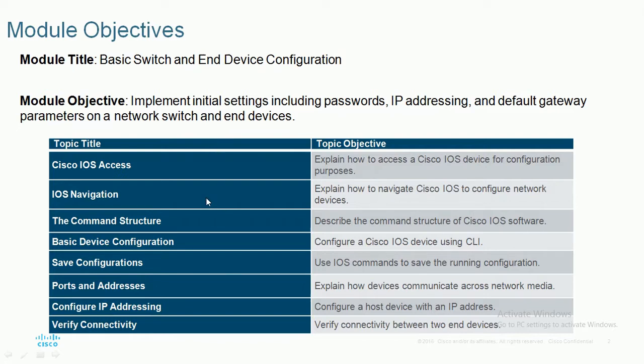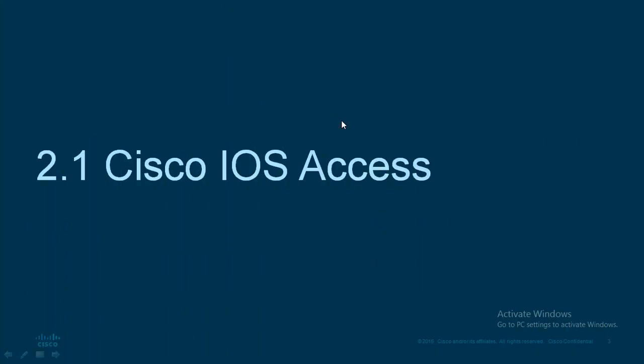Okay, and how to use the command line interfaces, and how we are going to configure the devices, and how we are going to save the configurations after configuring. Okay, how to access the physical ports which are present in the switch. Okay, how to configure the addresses to ports, and how to verify the connectivity after connecting the devices to end devices or intermediate devices. Okay, how to check the connectivity, everything we are going to learn in this module. Okay, first of all, let me complete the theory part, then I will show you the demo also for you.